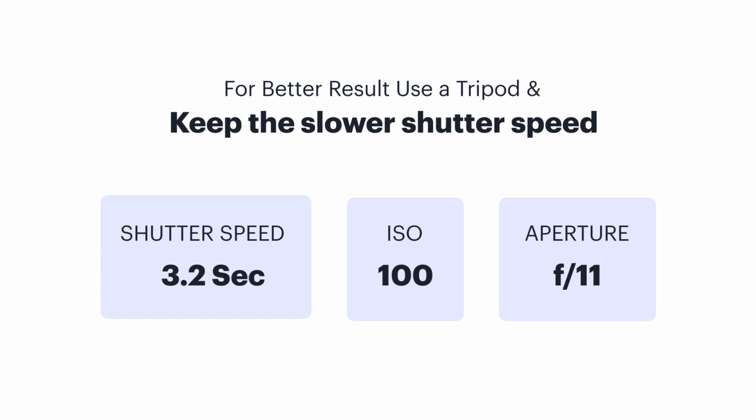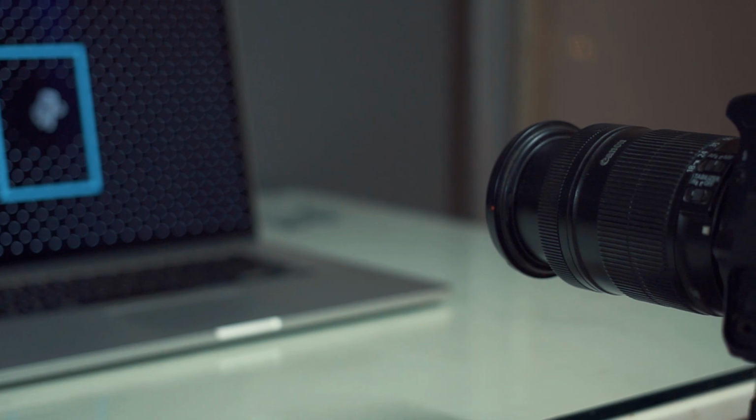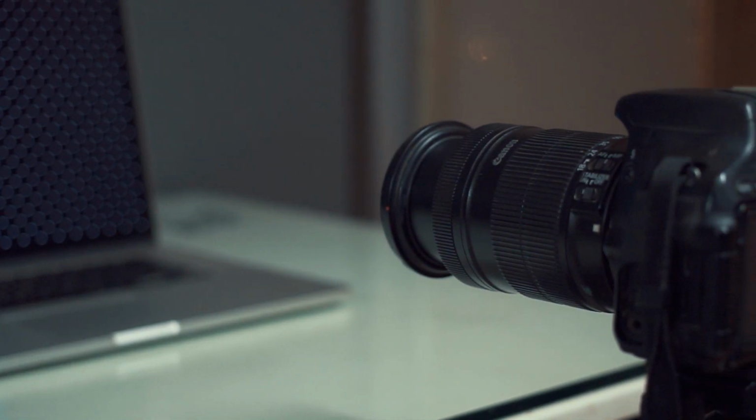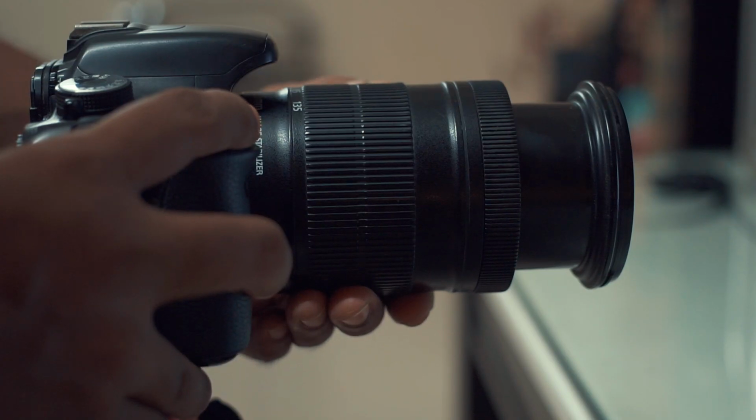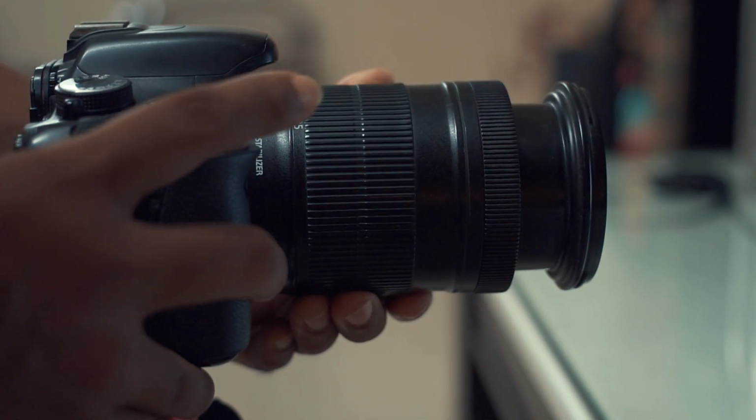Now the camera settings. These are the camera settings that I have used for this shot. So this technique requires zooming in and out your lens on a slow shutter speed, and that movement gives the zoom burst effect. Whatever shutter speed we choose for our shot, we have that much time to zoom in or out our lens. So you have to zoom out the lens along with pressing the shutter